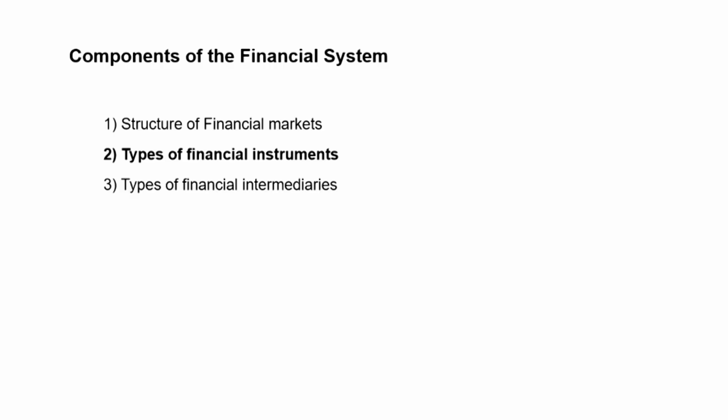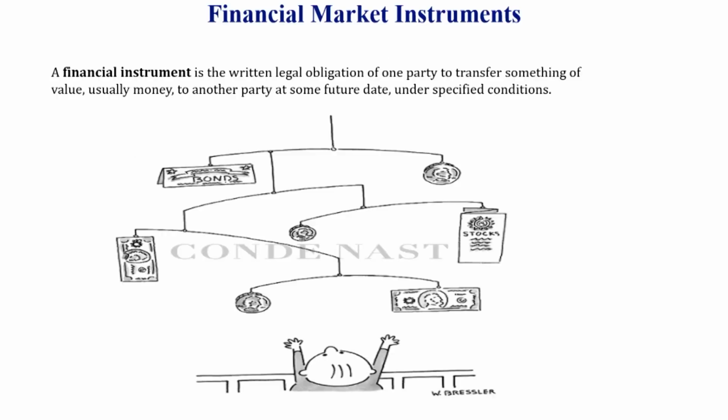By the end of this session, you will have a clearer understanding of how these instruments and intermediaries together facilitate efficient financial flows and shape the broader economic and business environments. So let's get started. First, let us take a look at the key instruments traded in the money market, which is the segment of the financial market where short-term borrowing and lending occurs, typically for maturities less than 1 year.